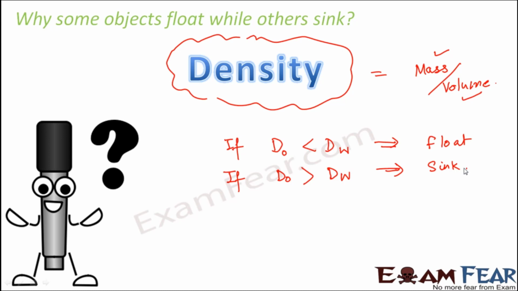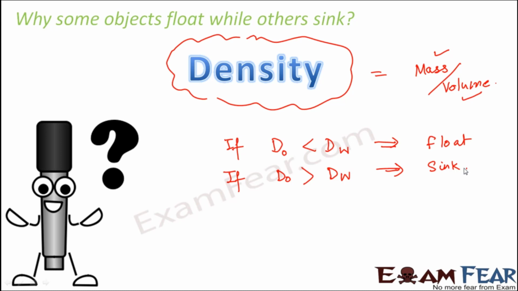Now, you might ask me, okay, you are saying that the iron nail would sink because its density is more, but what about the big ships which are made up of iron? The ship body is also made up of iron. So how do they sail on the water? That's an interesting thing to know. The body of big boats or ships is also made up of iron, but the design of the ship is done in such a way that the overall density of the ship is less than the density of water.